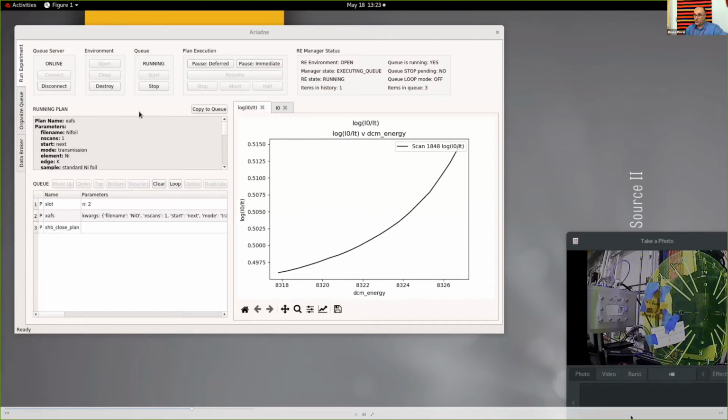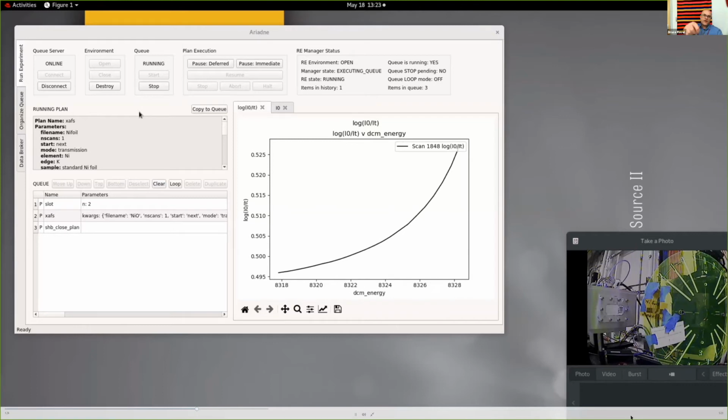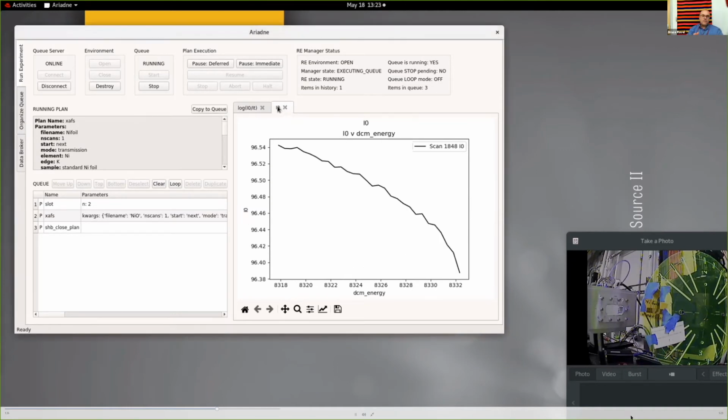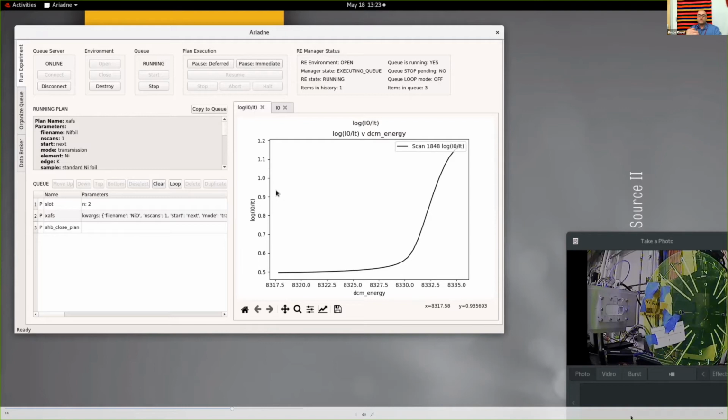That is, show you the XAS data. The other tab shows the I0 data streaming in. And that's how we chose to display the data at the beamline. Now, there's two big points that I want to make as I'm showing you the same measurements over again in